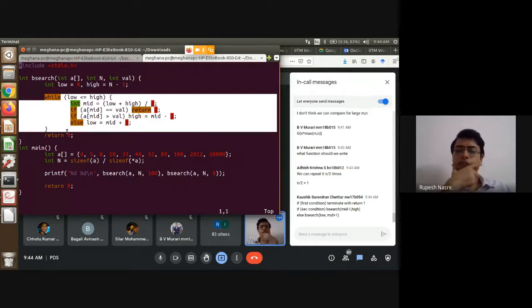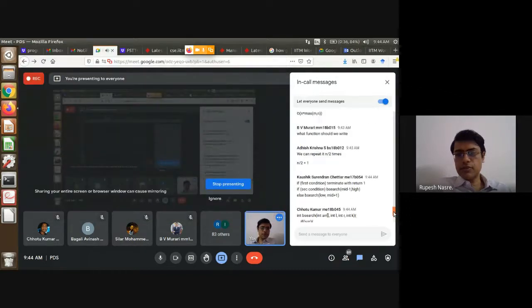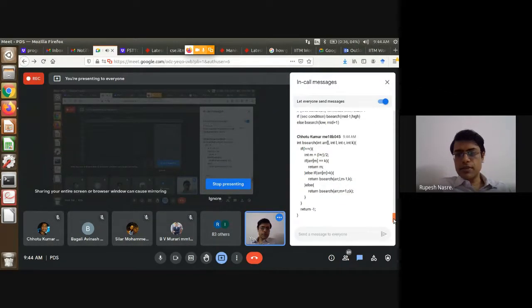Okay, Kaushik says if first condition, terminate with return 1. If second condition, B search of mid minus 1 high, else B search of low mid plus 1. That's a good way of doing this. Try all others, please try it out. Great, there are further codes written. Chotu says,